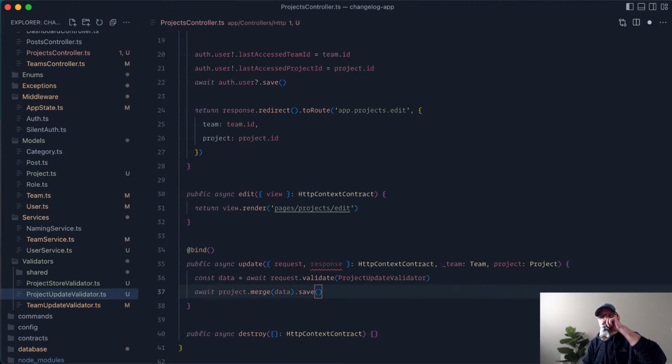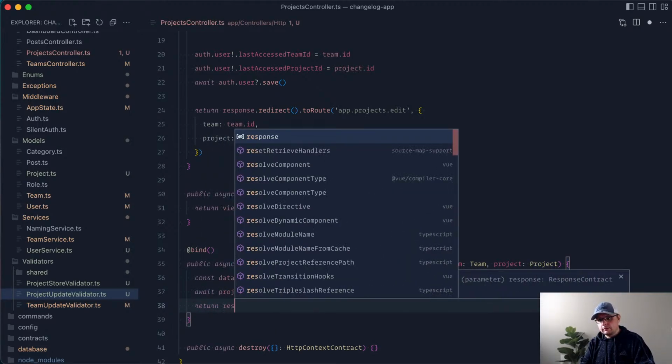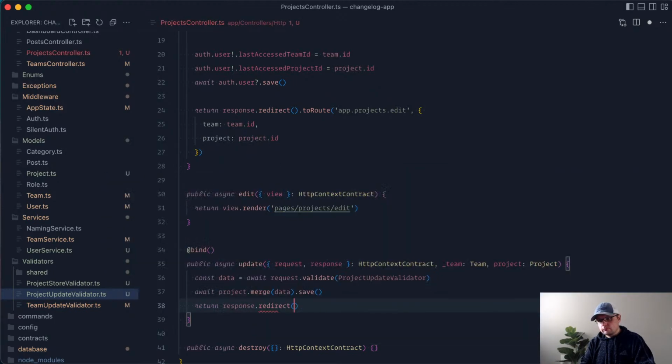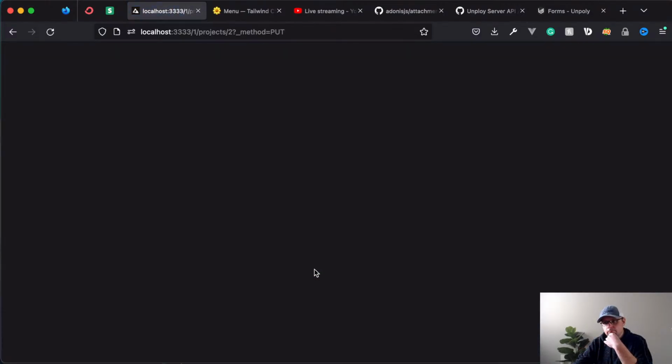And then we can return back. So for this, we'll just actually return back, because there's really not anywhere else to take them. So we can always add in flash messaging. We'll do that at some point to say, you know, your changes were successfully saved. But at this point, if we hit update,